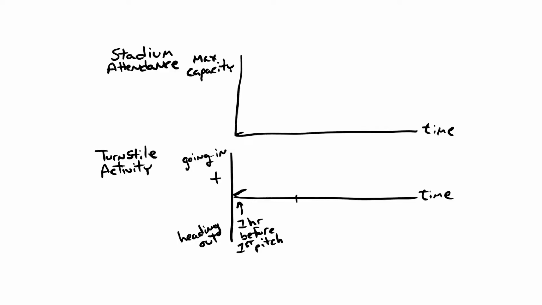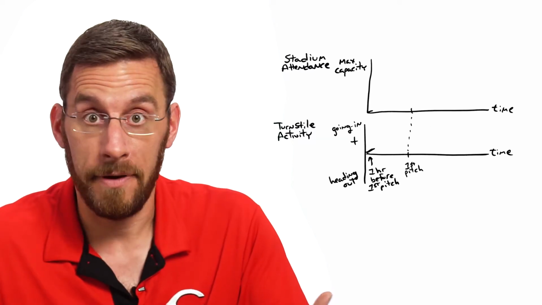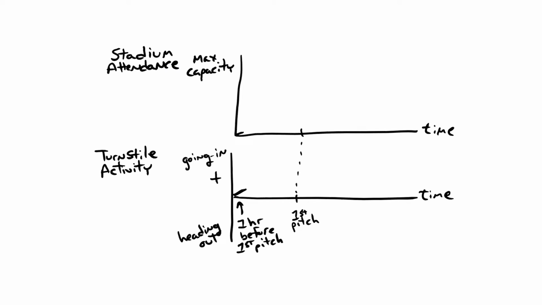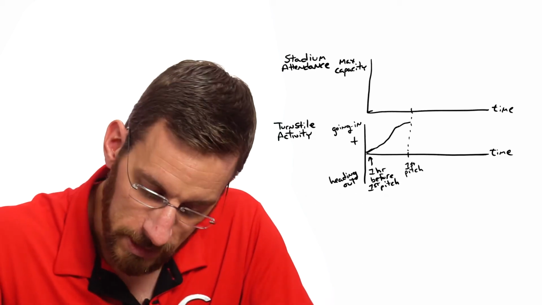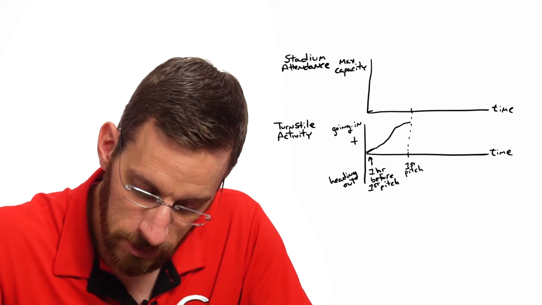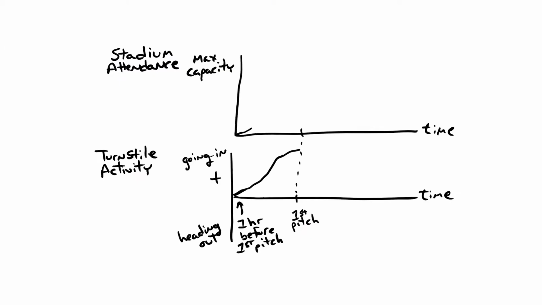As we get closer to that first pitch time, which we'll just put right here, the stadium's going to start to fill up a lot faster. And so the turnstile activity is going to be very fast as everyone's trying to get in right before first pitch. And so you're going to get this curve at a very high rate leading up to that first pitch. And at the same time, your stadium attendance is going to shoot up. And of course, every Reds game is always packed. So we're going to get really close to maximum capacities. I don't know what the stadium can hold, but since this town loves baseball, let's just say it's 100,000.